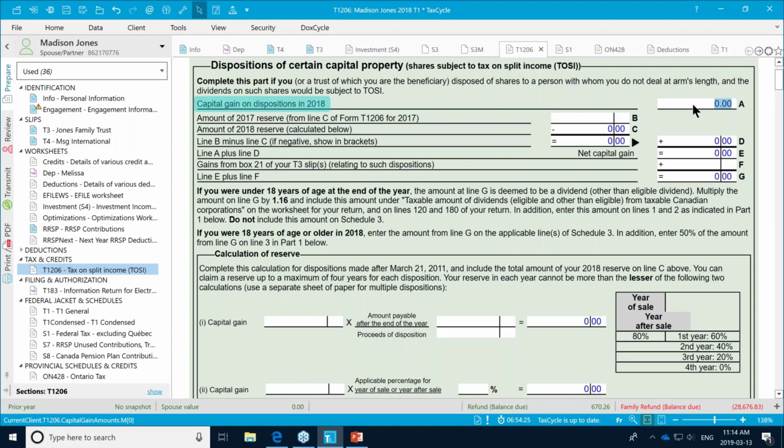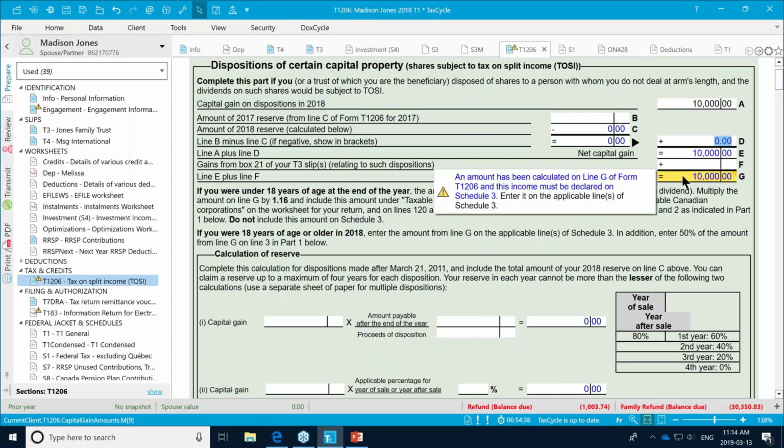And let's say we have, let's make it a $10,000 gain that's going to go in here. I'm going to enter that. And it's going to give me a message saying, don't forget to put this on your Schedule 3. So that capital gain also needs to be entered on the Schedule 3.